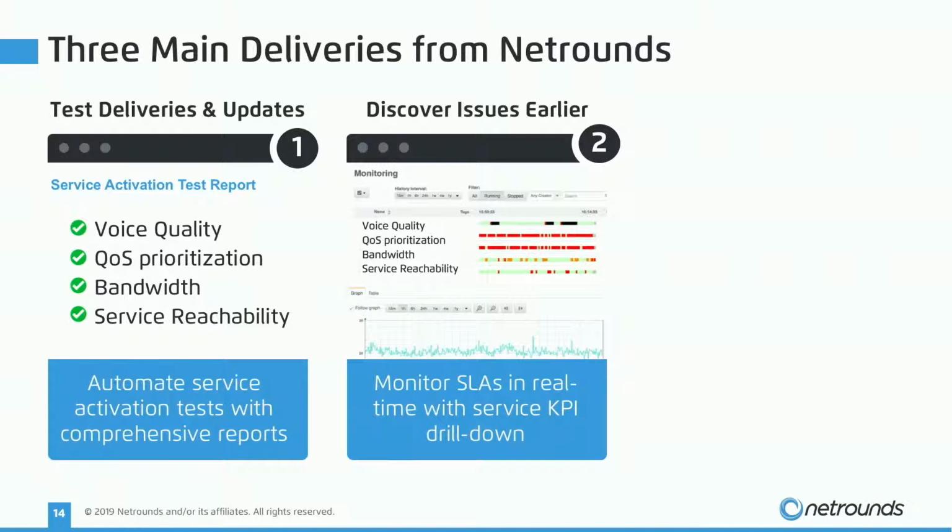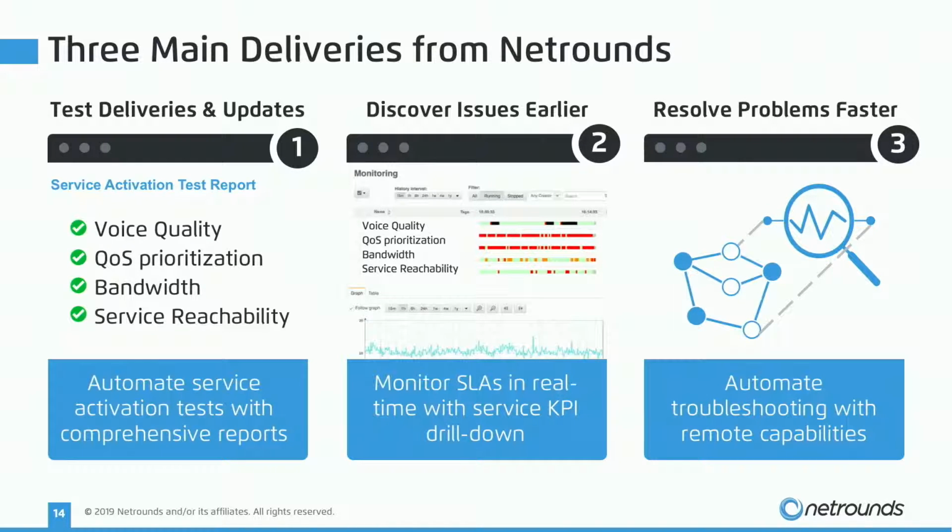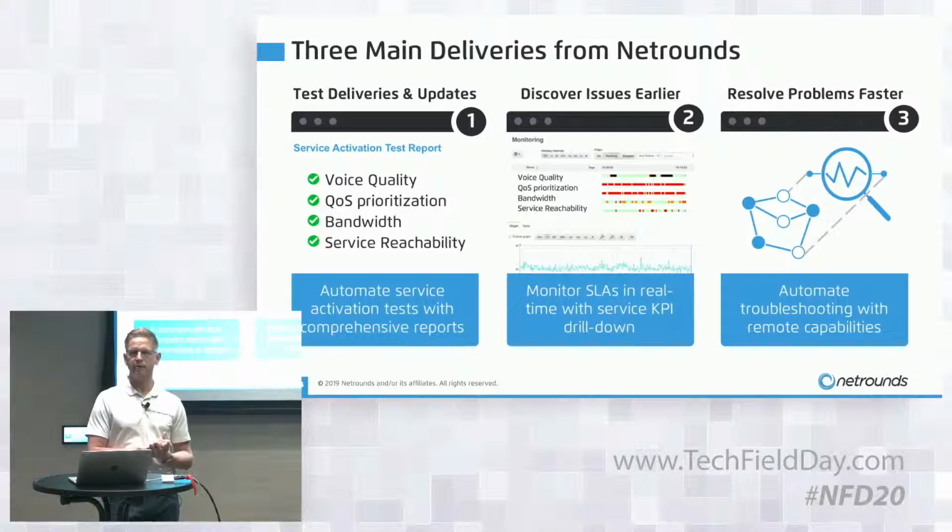But the same test agents and the same solution can be used for real-time monitoring of that specific service. Not the network as a whole, but the specific services that you have touched or configured. So you have a real-time dashboard capability, and we also have SLA reporting and alarming. And that can also be tied to advanced troubleshooting. We can build sequences that will automate your otherwise manual steps to troubleshoot and narrow down where problems are in the network. That can be automated and built through our UI, as Jonas